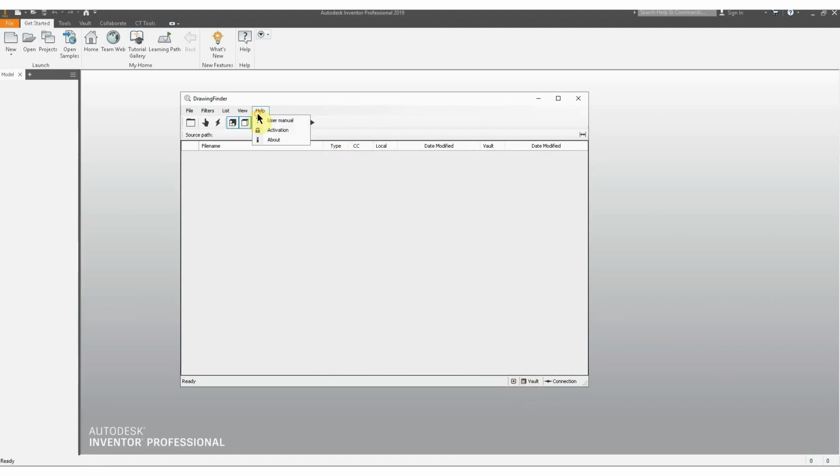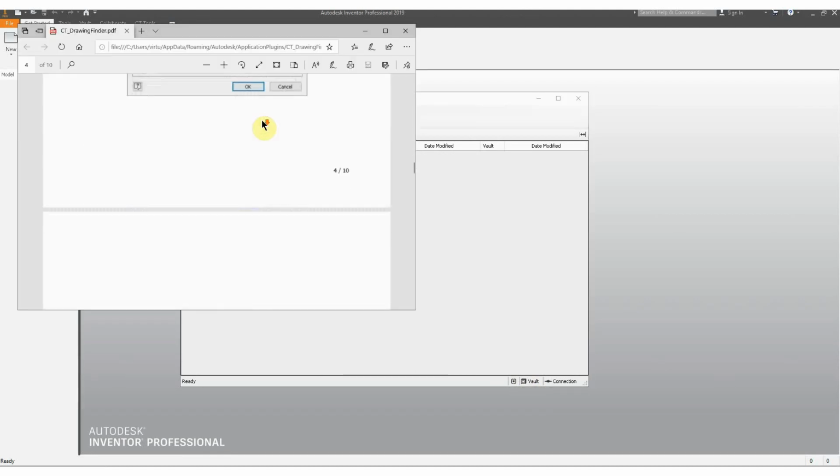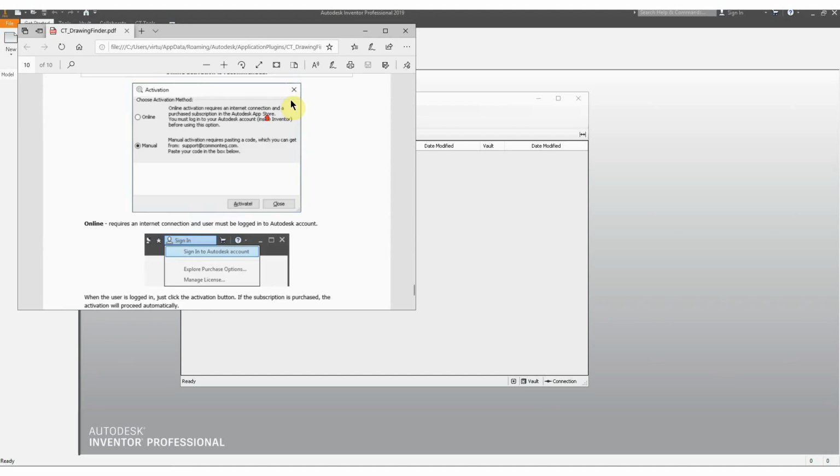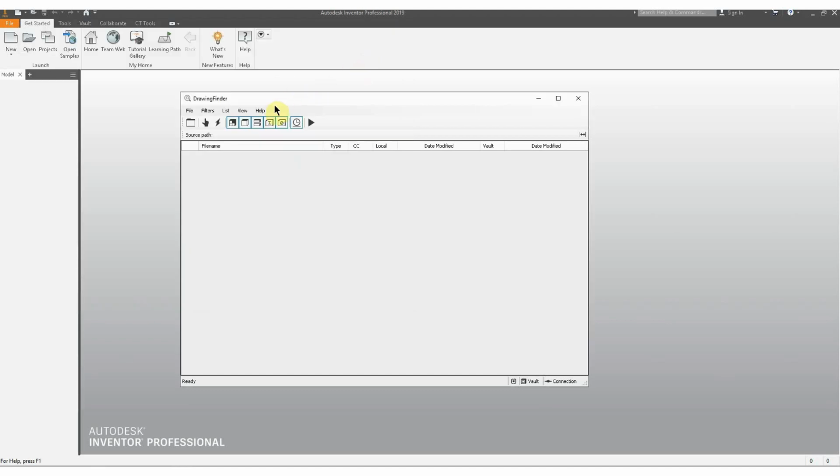In the Help tab, you will find User Manual, Activation Form,